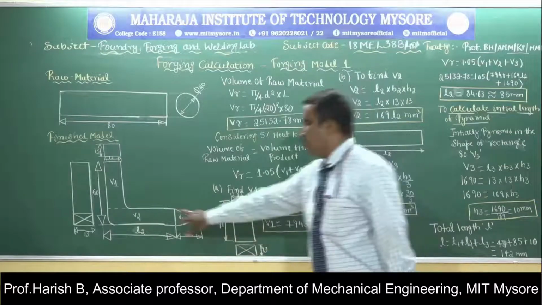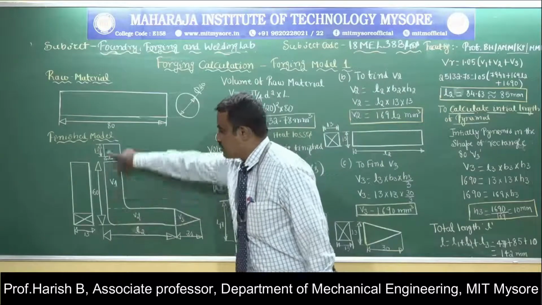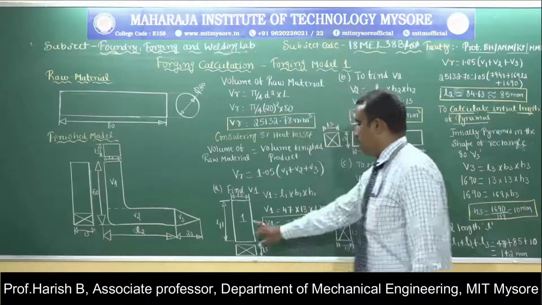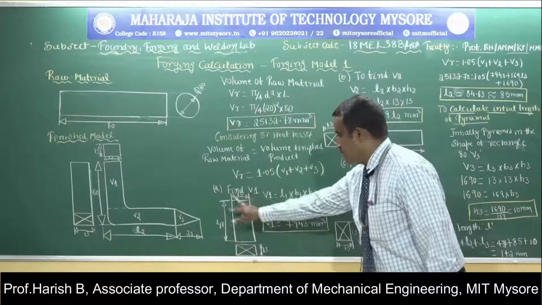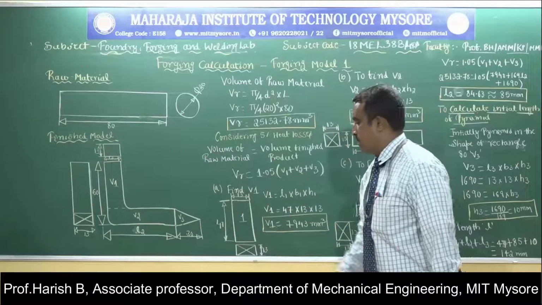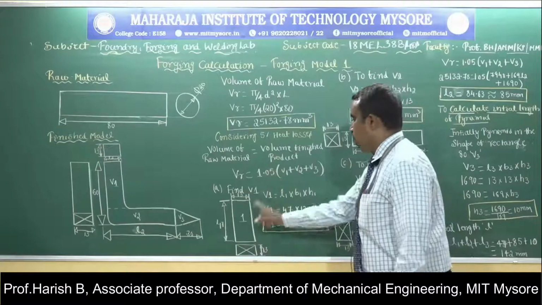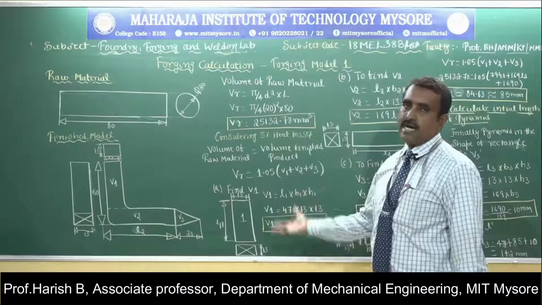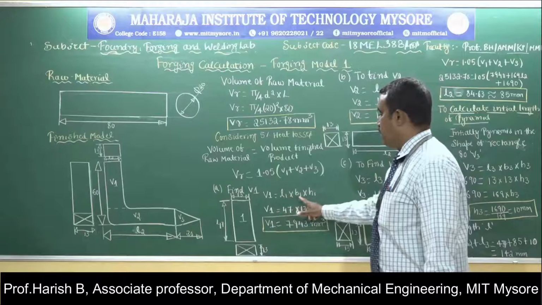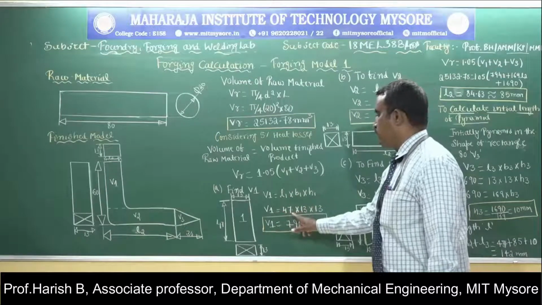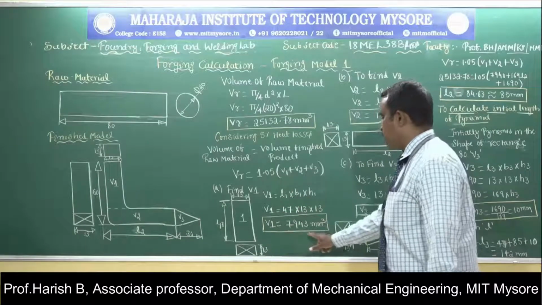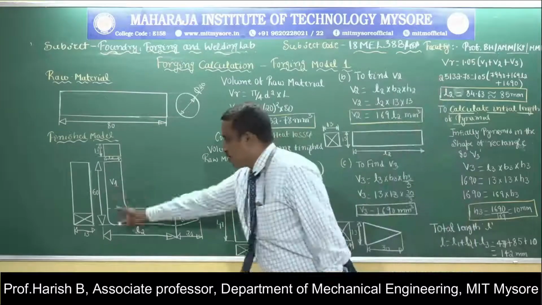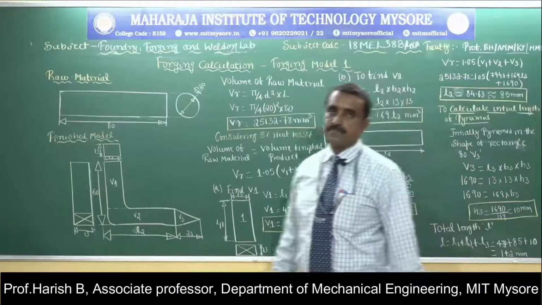The length is 47 because the total is 60, and 60 minus this length, that is 13, gives 47, whereas the width will be 13. So this is the first cross section. It is a square cross section: length into breadth into height, L1, B1, H1. So V1 is 47 into 13 into 13, which we get as 7473 meter cube. That is the volume of only the first cross section.